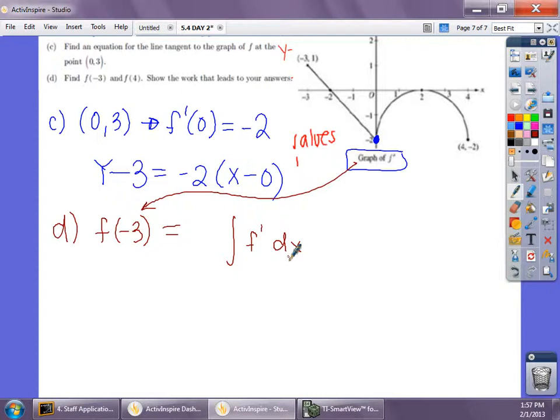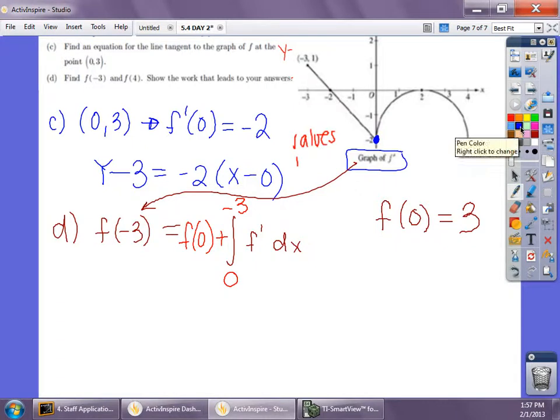So if you remember, anytime we do an integral, there has to be an initial value. Now, at the very beginning of the problem, we had the value of f of 0 equals 3. So I know that right here, I'm going to have to start with the initial value of f of 0. I'm going to go from 0 until negative 3. And here is what I think is extremely helpful. You will always make sure that the smaller limit is at the bottom. So what do I mean by that? I mean that for f of negative 3, we're going to use f of 0, and then we're going to